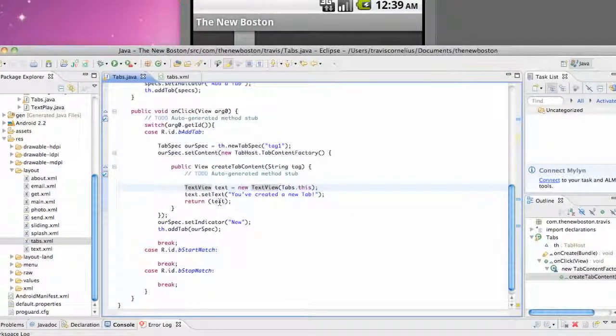And also, we didn't have to just set up a text view. We could have done, again, a reference to a layout of some sort if we would have preferred. So hopefully you guys kind of understood that tutorial. I know it was kind of quick, and